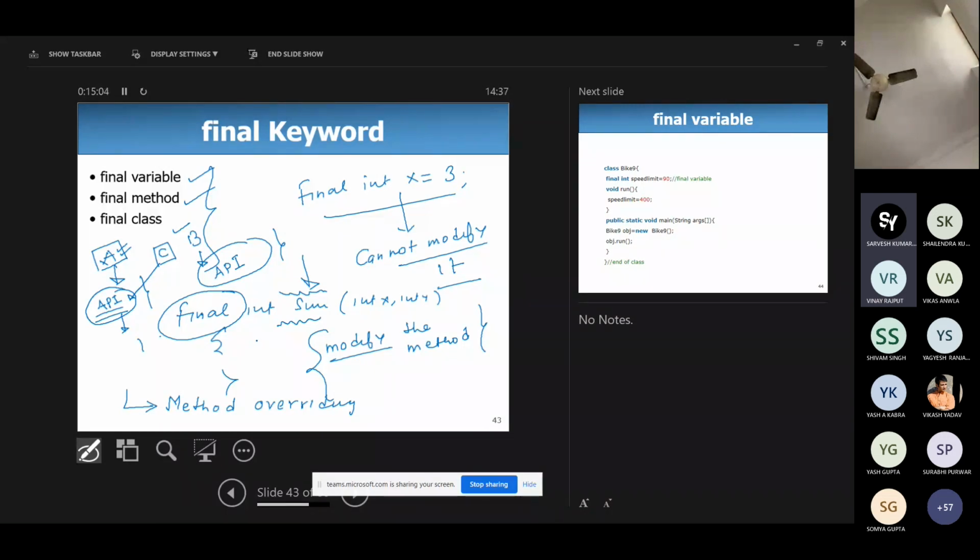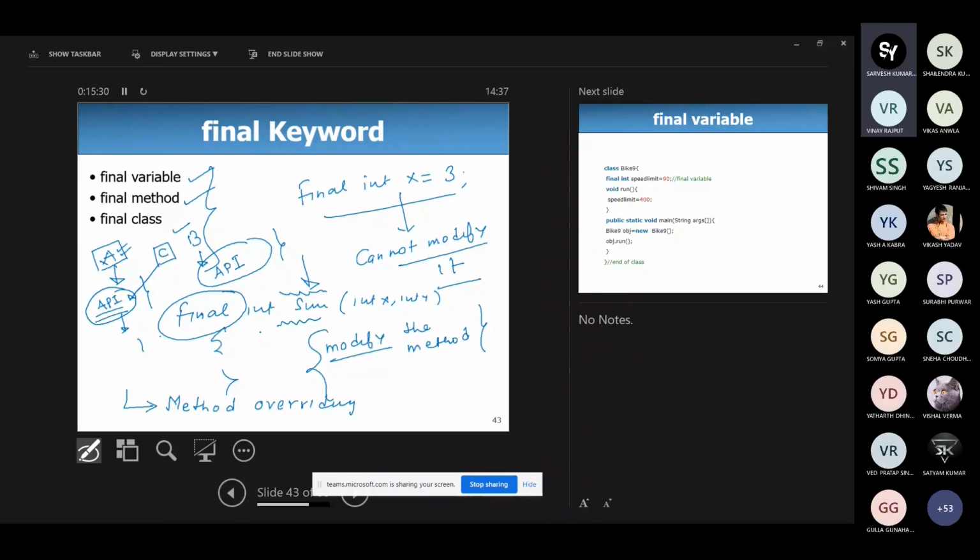Okay, तो कभी कभी होता है कि कुछ APIs कुछ कंपनी वालों ने बनाई है, वो नहीं चाह रही है कि उनके फीचर्स को कोई मॉडिफाई कर पाए. यूज कर लीजिए, आप मॉडिफाई मत कर पाइए, या मॉडिफाई आप तभी करिए जिसकी हम इजाजत दे रहे हैं आपको मॉडिफाई करने के लिए. कुछ मेथड है उनको लग रहा है सिंपल आप मॉडिफाई करो यूज करो, लेकिन कुछ उनको लग रहा है कि नहीं इसको मॉडिफाई जैसे है इसी तरह यूज करिए. तो इन दैट पर्टिकुलर केस दैट मेथड शुड बी फाइनल.